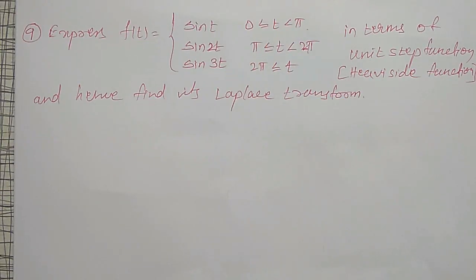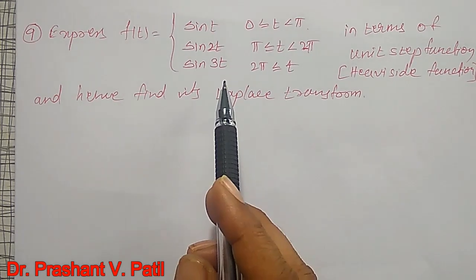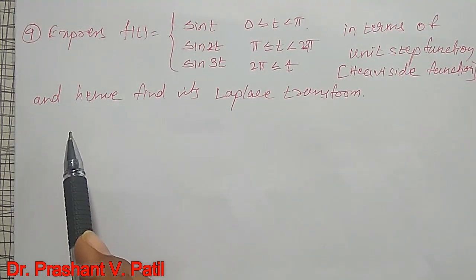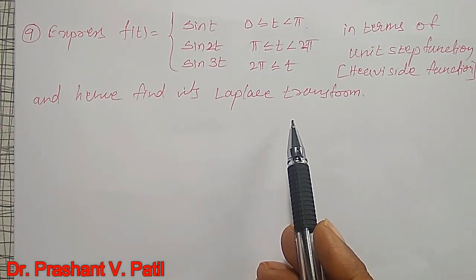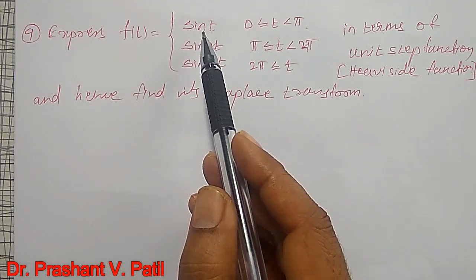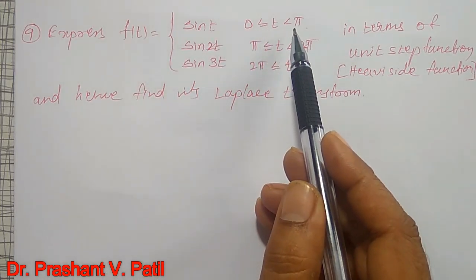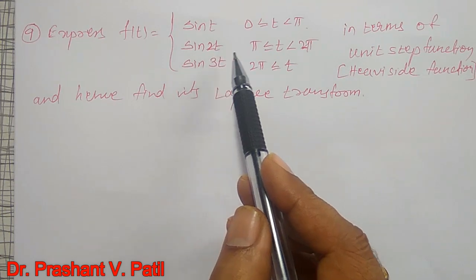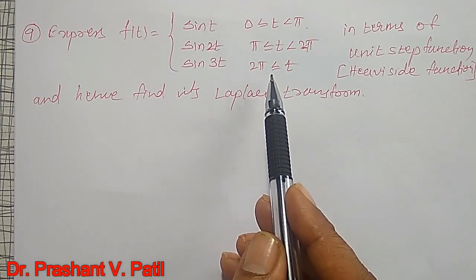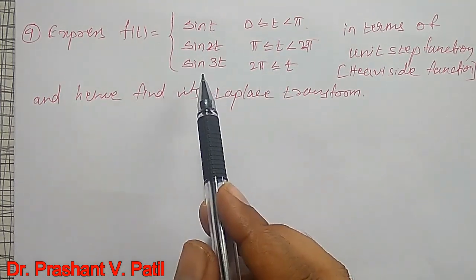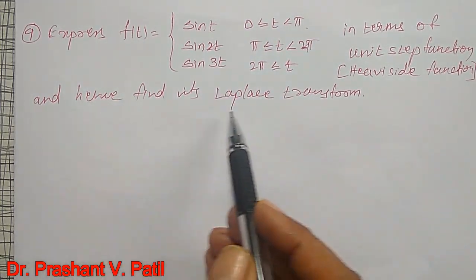Welcome friends. In this video some more examples, that is very important examples on unit step function, I am going to discuss here. How to convert a discontinuous function to a unit step function and hence how to find its Laplace transform using a very important property. Here f of t is equal to sin t for 0 less than or equal to t less than pi, and sin 2t for pi less than or equal to t less than 2 pi, and sin 3t for 2 pi less than t. This one I have to express in terms of unit step function and hence find its